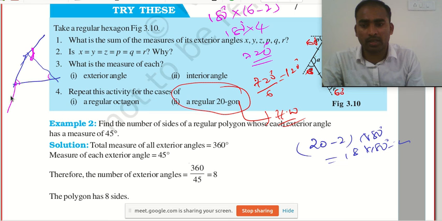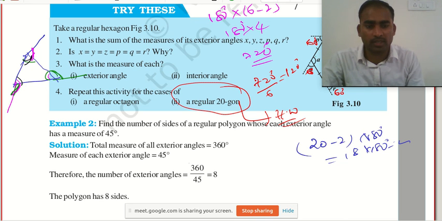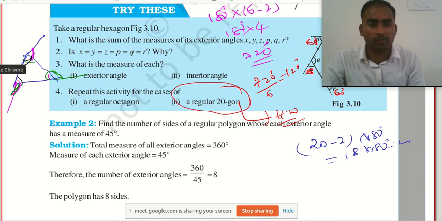And here now I need to find this angle. How much is this angle? This angle is equal to the sum of this angle and this angle. Now I need to find this angle. This angle is equal to the sum of opposites, this one and this one. That is the exterior angle property, sum of exterior angle property.